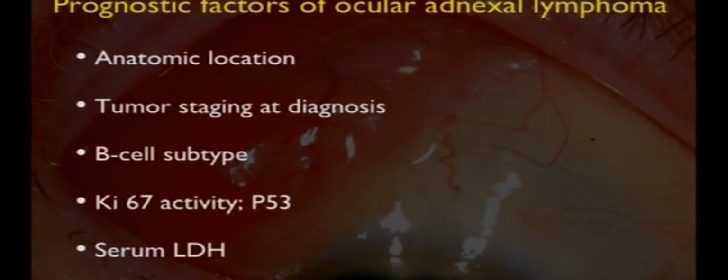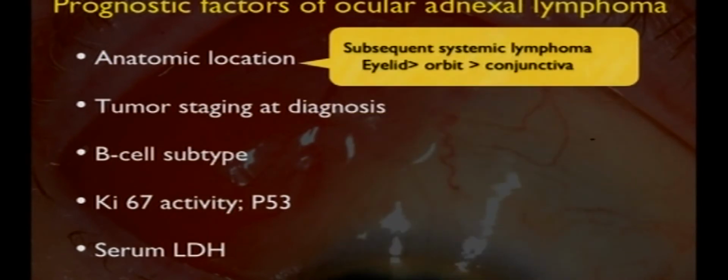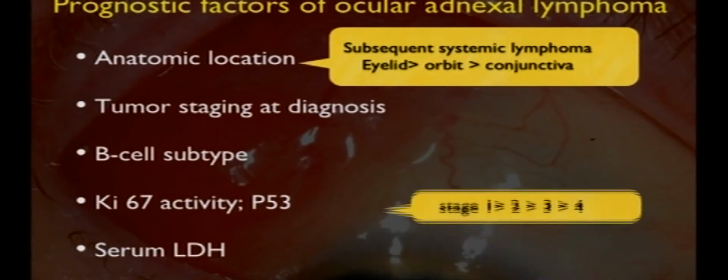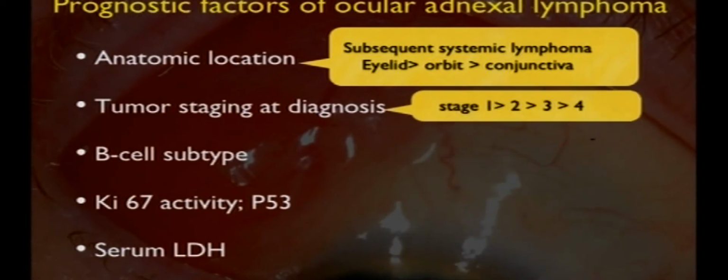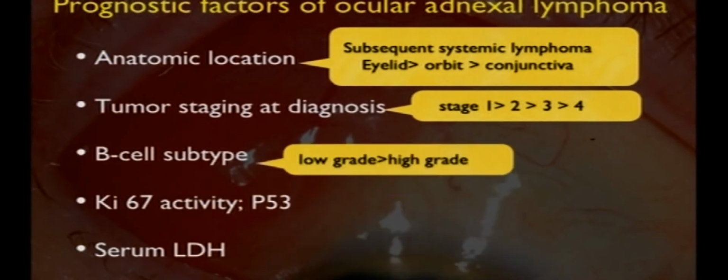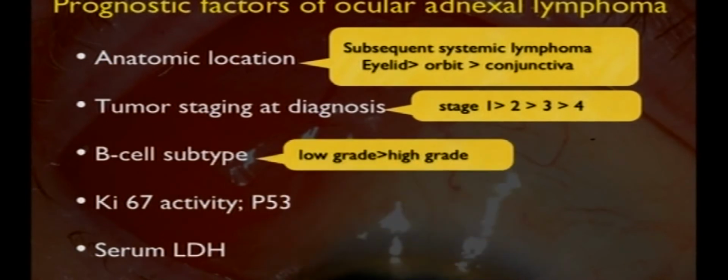This is the most important part of this presentation about prognosis. So what will you tell your patient when you have diagnosed and proven that it's a conjunctival lymphoma? If the lymphoma is in the eyelid or orbit, it has a grave prognosis compared to the conjunctiva. If it is a lower stage at time of presentation, the prognosis is better. If the lymphoma is of a low grade, obviously the prognosis is better, and this is what your tissue diagnosis